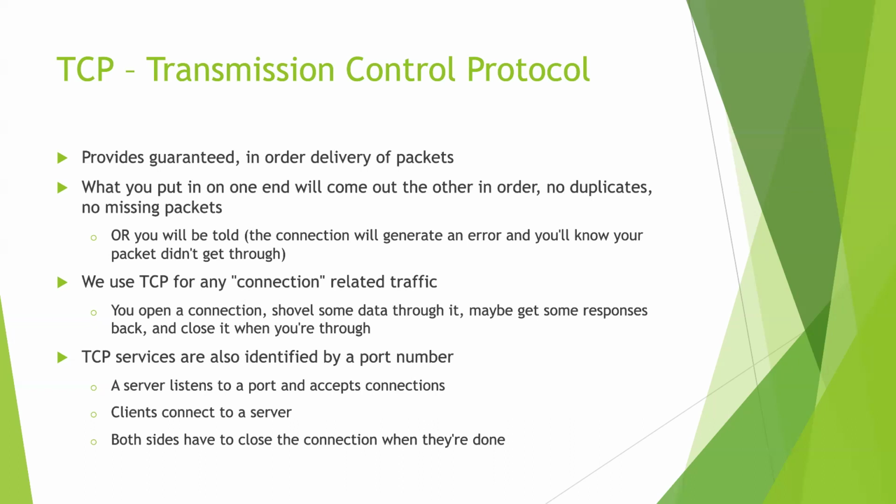Right. Okay. So the goal of this is for the application, I have a pipe or a tube from me to the server application on the other end. I don't care what's in between. I don't want to know what's in between. All I care about is what I put in this tube at this end comes out the tube at that end in the order that I put it in. And it'll either get there in order or I'll know that it didn't. I'll get some message back saying, sorry, your connection failed or your connection was lost. And so that will happen sometimes, right? Your connection could get lost. You'll get an error that tells you that it didn't make it.